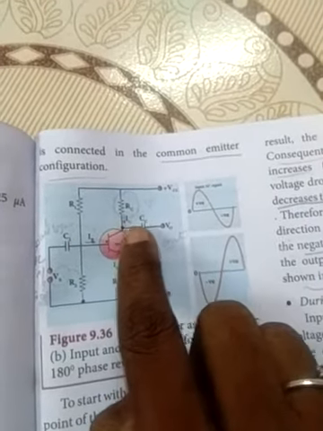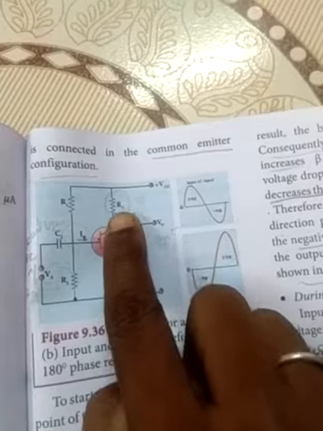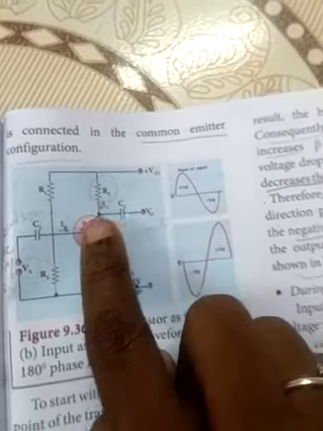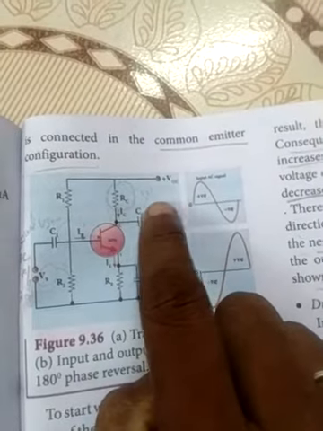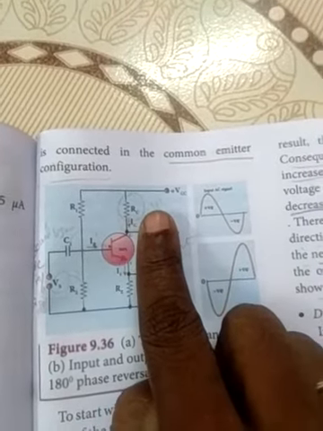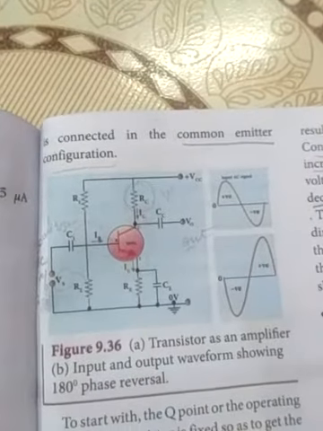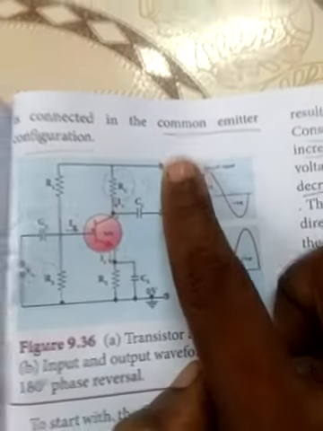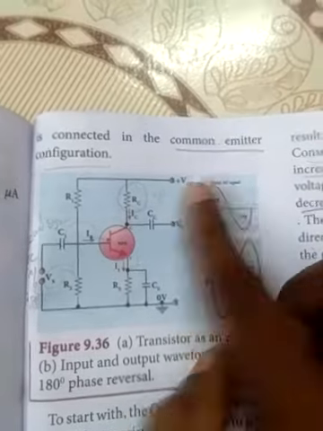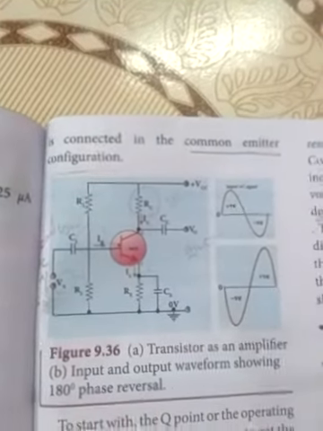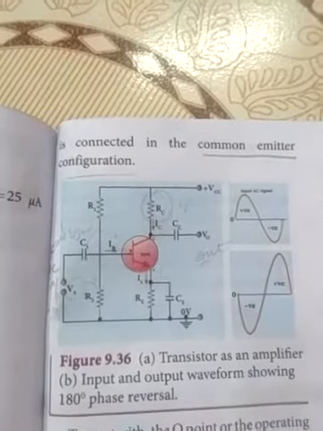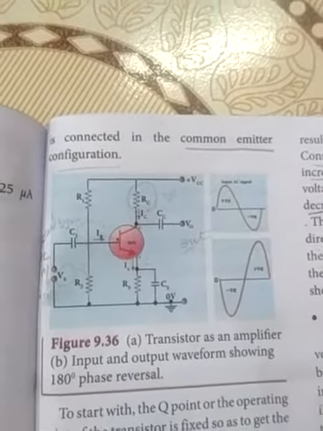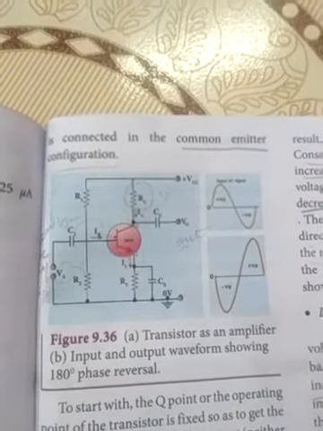Next the collector current also increases. At that time, through the load, the current decreases. Whenever the input current increases, the output decreases. So using the amplifier, it reduces the current, and immediately the decreased current goes to the output. We get the decreased value of the current as the output.